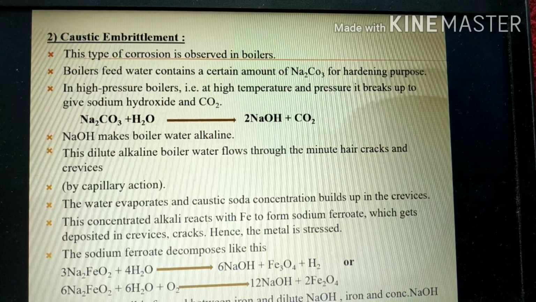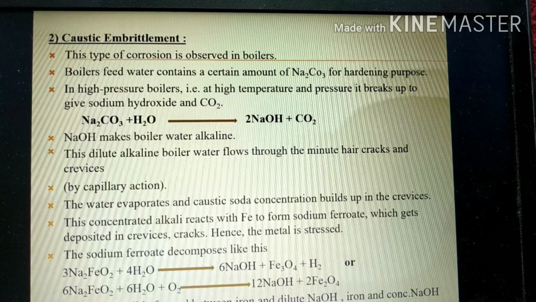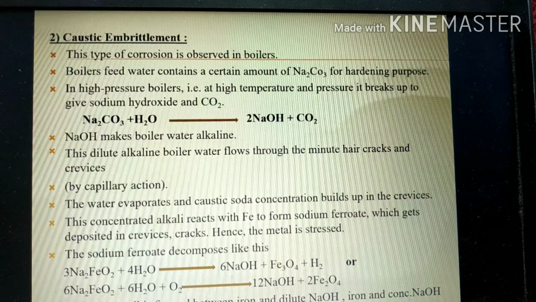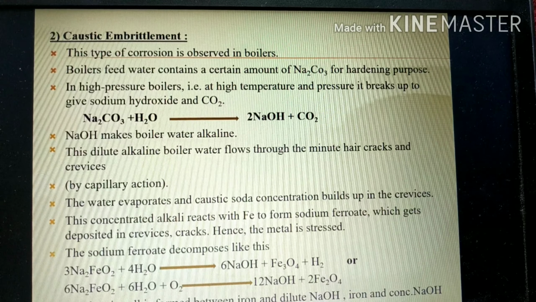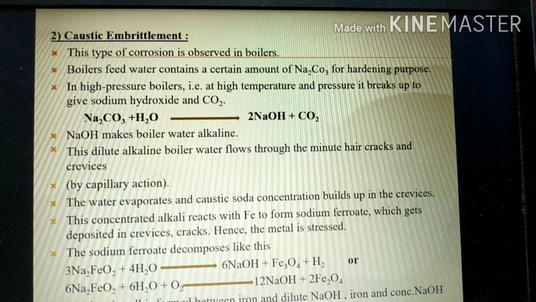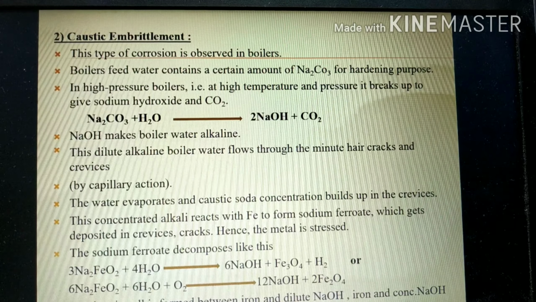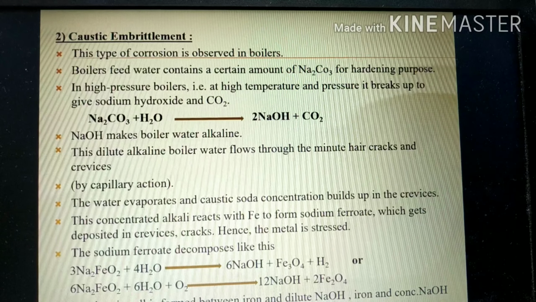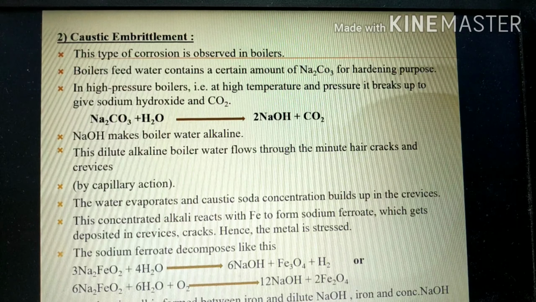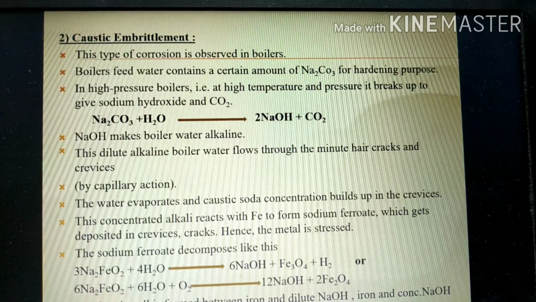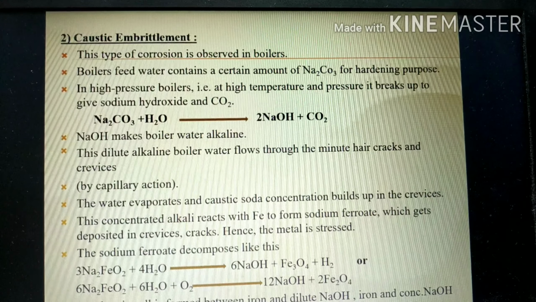Gas. So this sodium hydroxide makes the water alkaline in nature. We know that sodium hydroxide is alkaline in nature, so it makes the water alkaline. And this dilute alkaline water, when it flows through the minute hairs or cracks of the boiler, by capillary action,